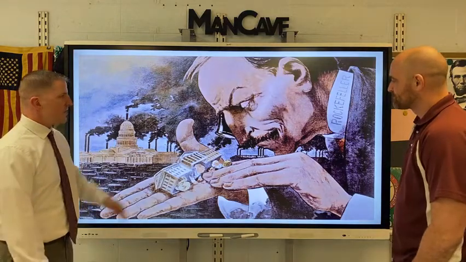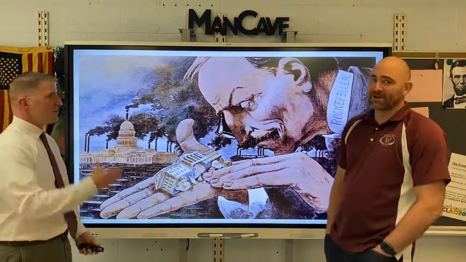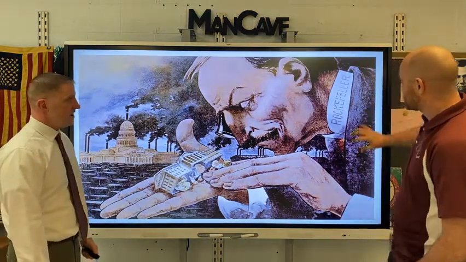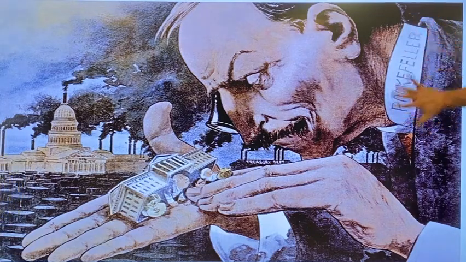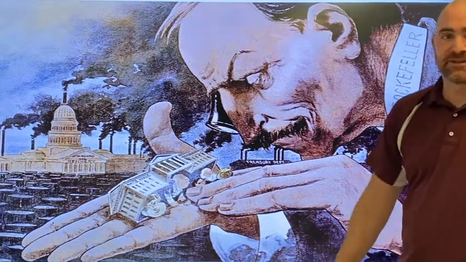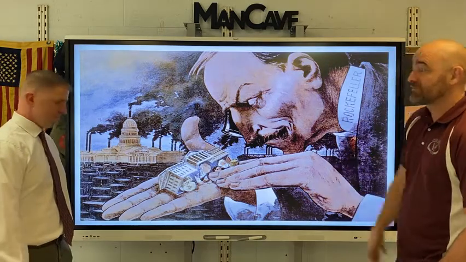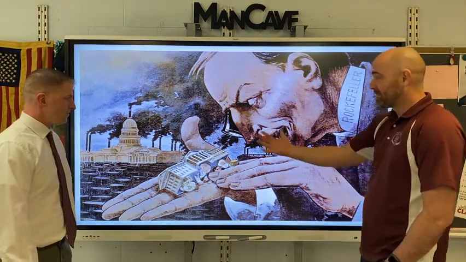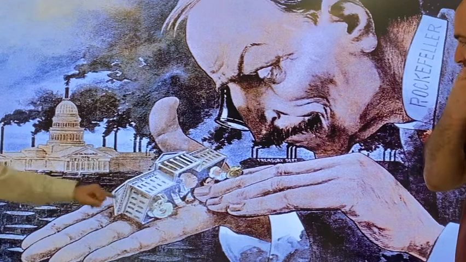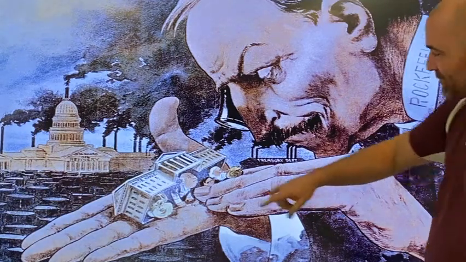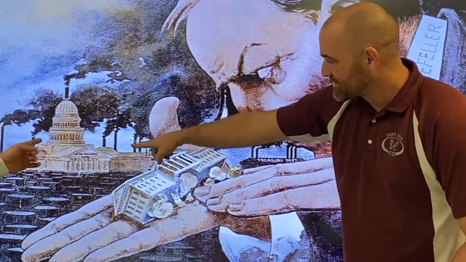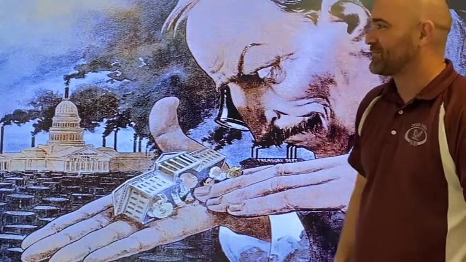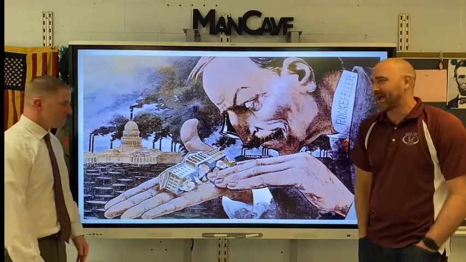So, if I'm just starting here, got a lot. First thing drawn to me, Rockefeller. Yep. Makes me think John D. Rockefeller, makes me think Standard Oil. We are in the Industrial Revolution. We've got a lot of buildings in the background that have words on them. We've got the White House. We've got Standard Oil Refinery, but that doesn't look like a refinery to me. It looks like the U.S. Capitol building. Also have the Treasury Department.